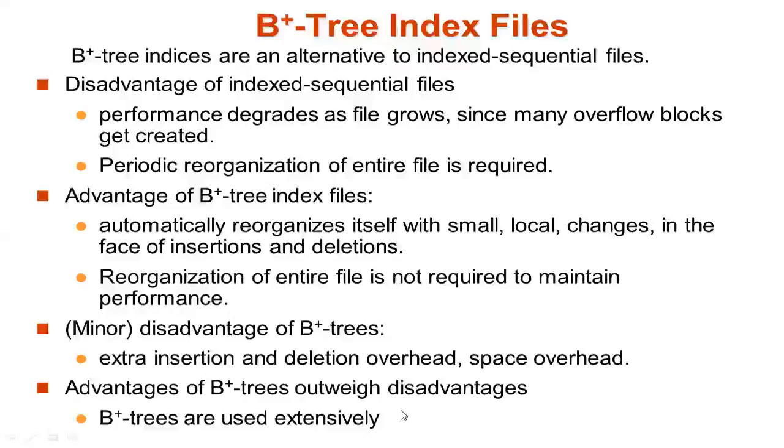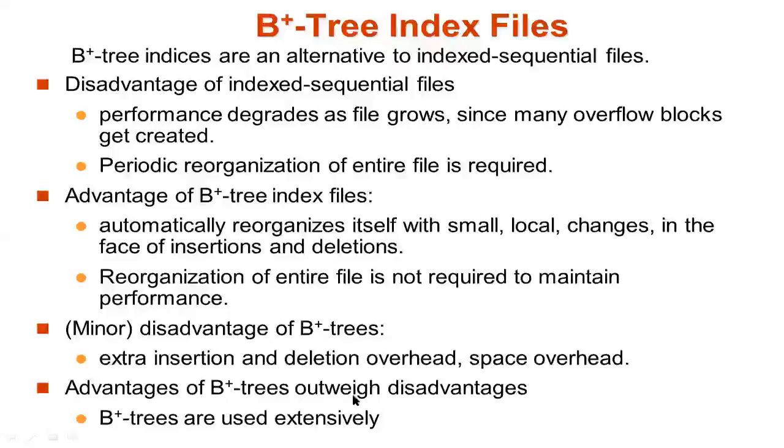As we discussed in the previous slides, the B plus tree and B tree structures can support any amount of records at the maximum. That is one of the very big advantages when you use the B plus tree. At the same time, it is self-balancing. So compared to the advantages, the disadvantages can be negligible, right?